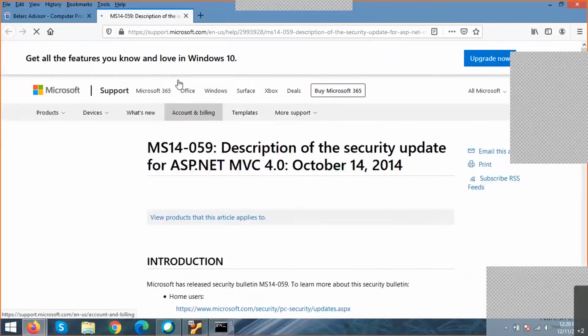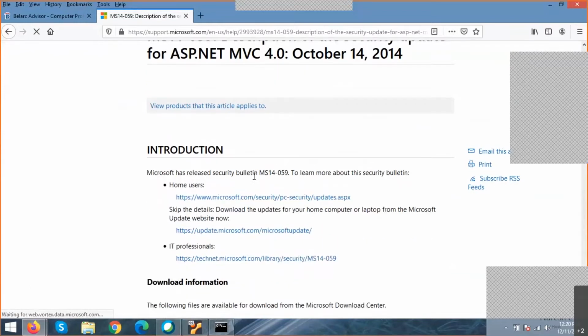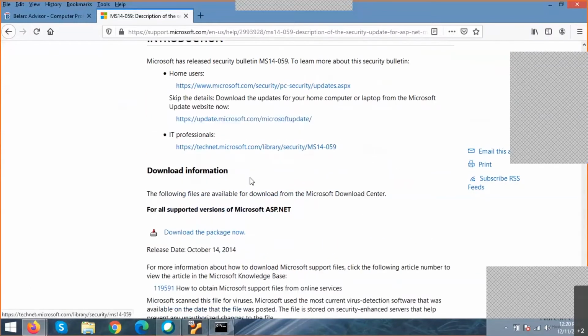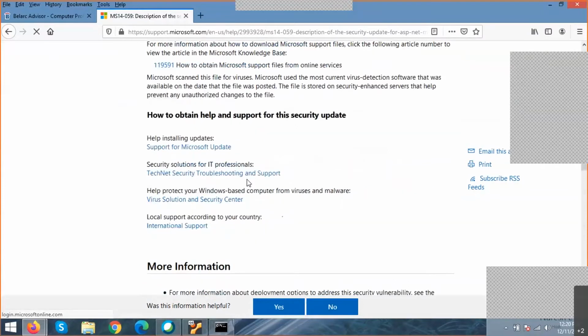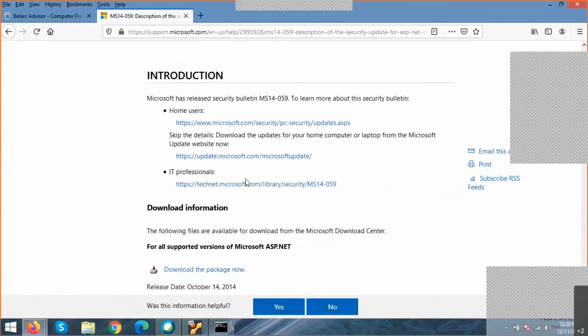Are you able to see my screen? This means I have an ASP.NET vulnerability presently on my PC. If you want to fix it, you can go to this particular update and install it.